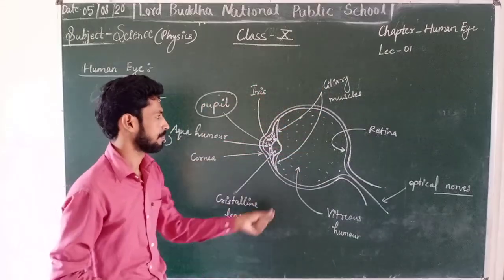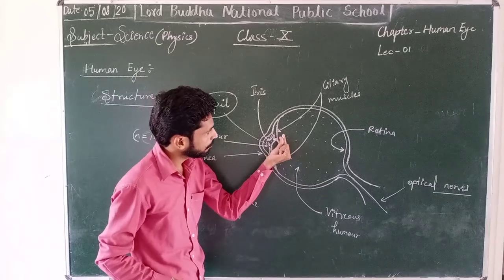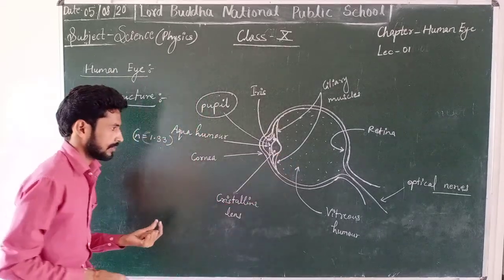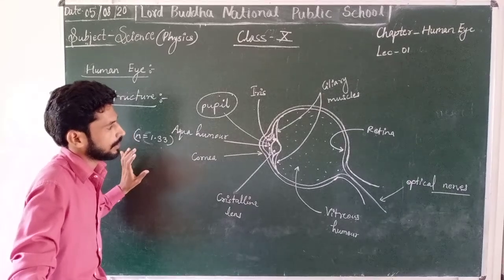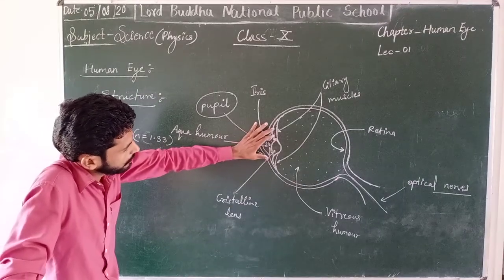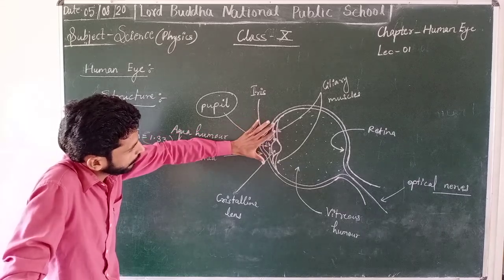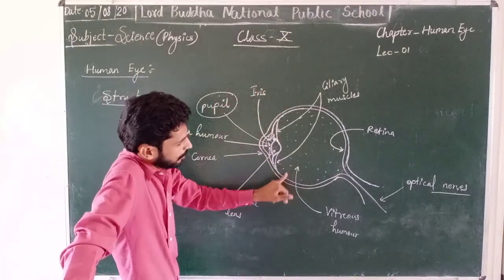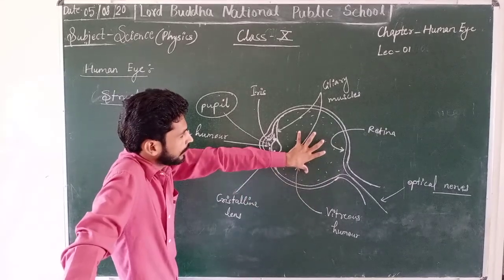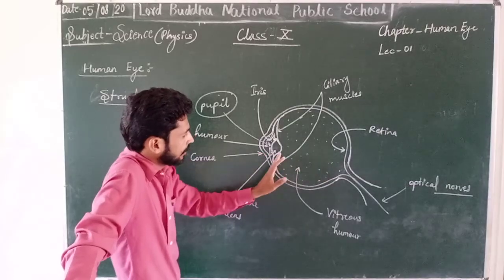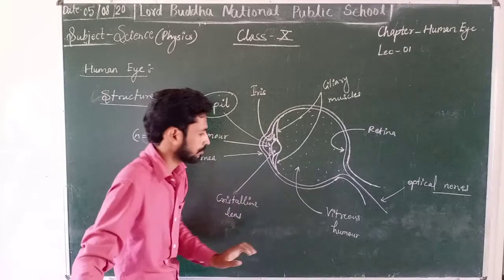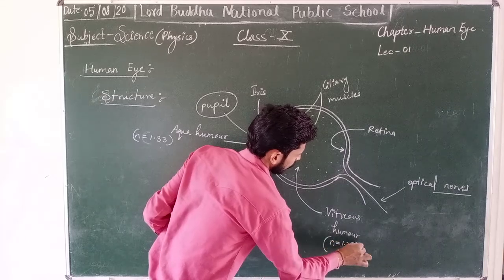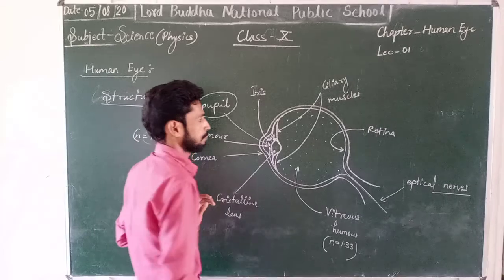It is able to support the lens, which can also be adjusted, like when the sunlight or the light coming to the lens is lower in amount, then the radius of curvature of this lens can be increased, and this will be helped by the ciliary muscles। And next one is vitreous humor, the fluid which is filled in the human eye between the retina and the eye lens, that is known as vitreous humor, and also the refractive index of this fluid is n equals 1.33।